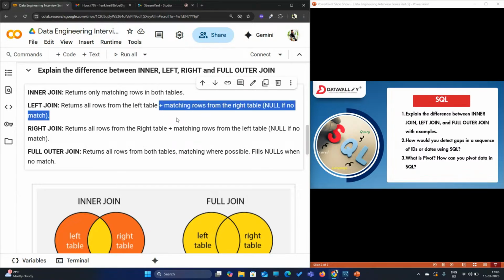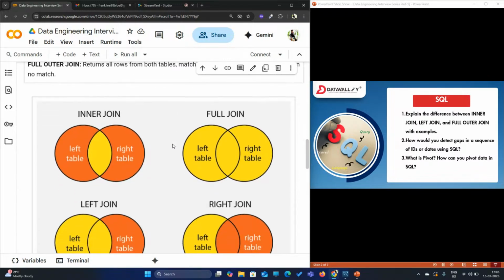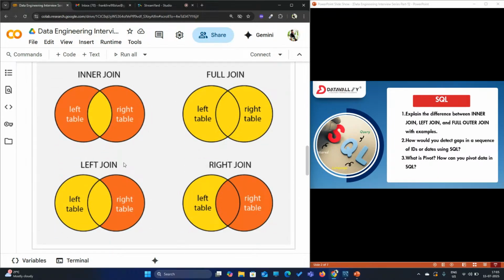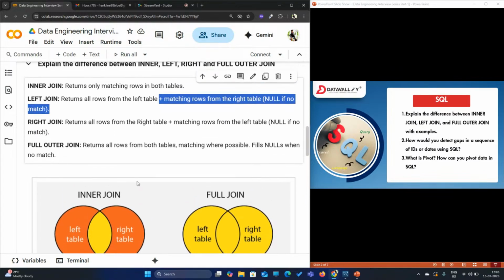If you see this image below for the left join, there are two tables, the left table and the right table. When I run a left join on a common column between the two tables, all the rows from the left table, the yellow part, are the queried result. So I'm getting all the results from my left table, and then the matching fields from the right table. All the data from the left table and the matching rows from the right table. So this is the left join,